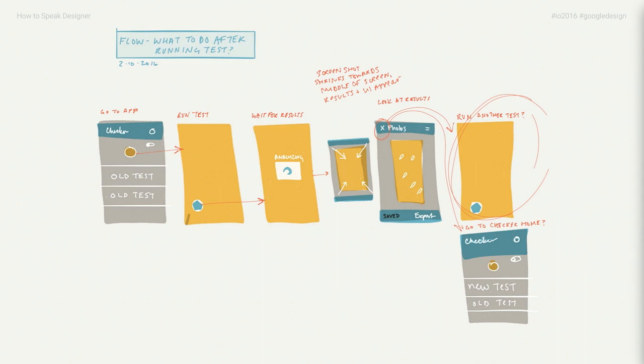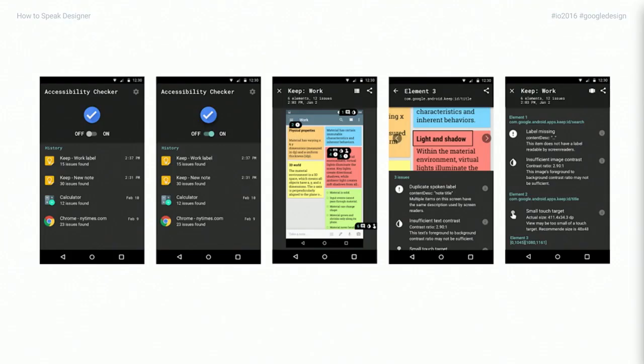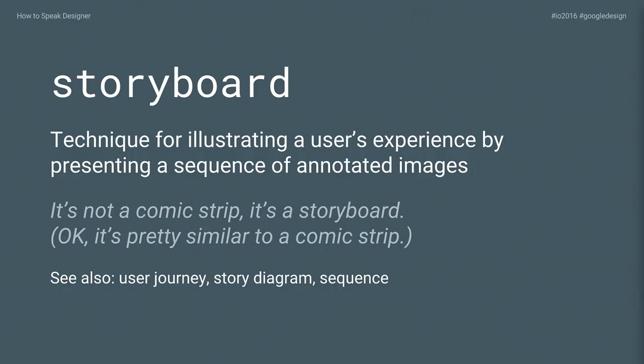For a frequent user, how do they go back and retrieve an older archive report they may have generated a while ago? Now, over time, these sketches become more detailed. When you take one particular designer or one particular user and you sketch out a sequence of steps through the app, in this case, opening the app, activating the checker, going to the app they want to run the checker on, generating a report, reviewing a report.